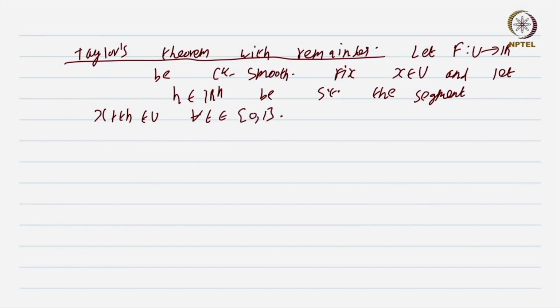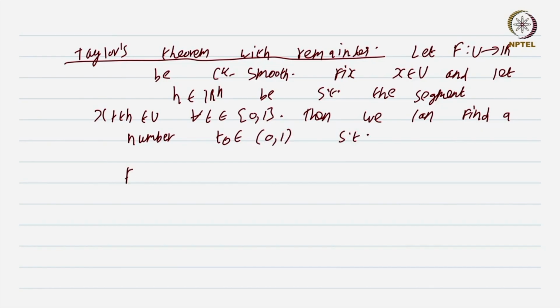Then we can find a number t_0 in (0, 1) such that f(x + h) is nothing but f(x) plus